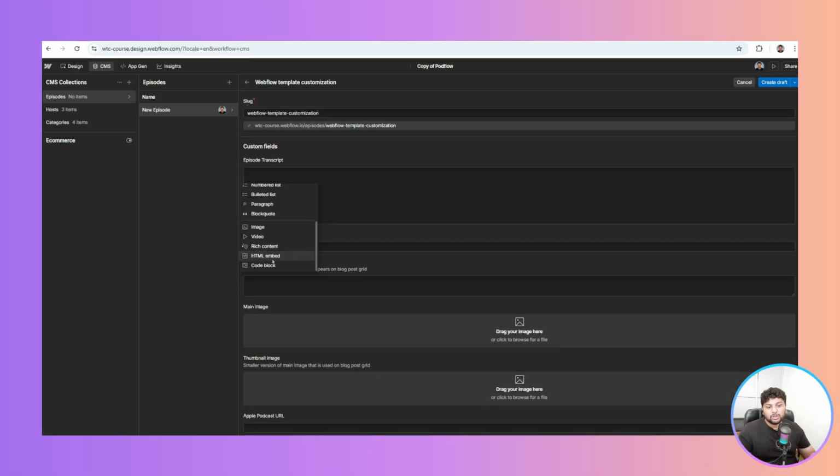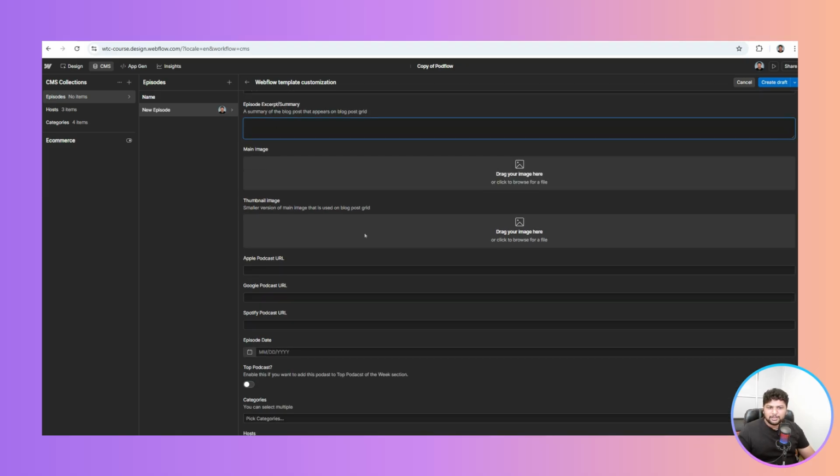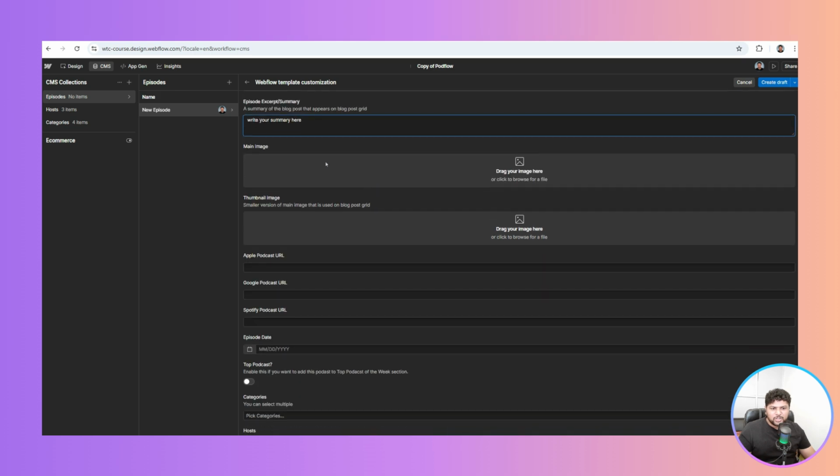You can also use code, HTML embeds. If you want to show anything outside of Webflow, you can do it using an HTML embed and code block which you can add here. Then the guest name, who is the guest, let's say Ashok, and the episode excerpt or summary, which we can show on our home page or wherever we are using cards, right? So I can write your summary here. This is my summary, and this is my main image I can choose,